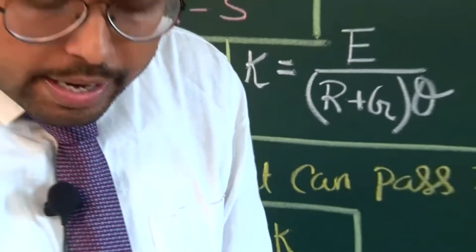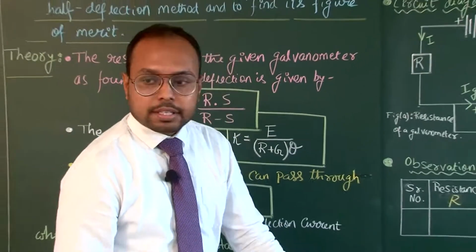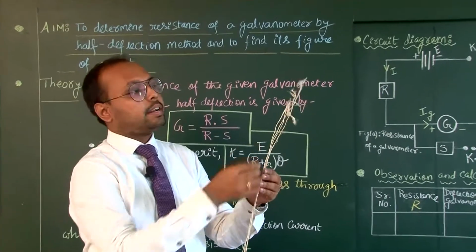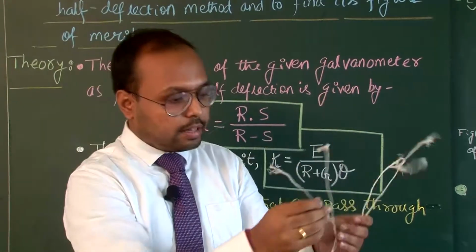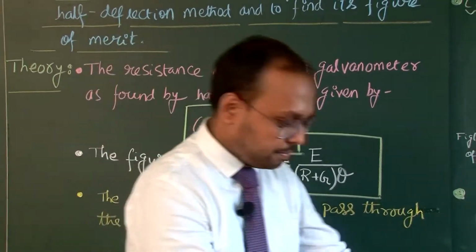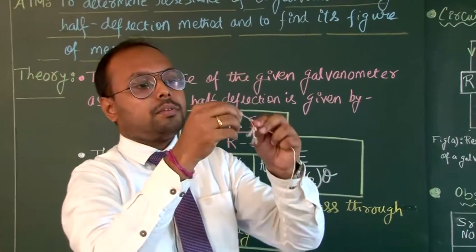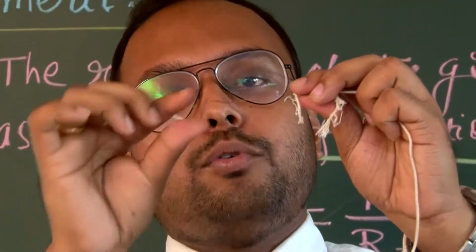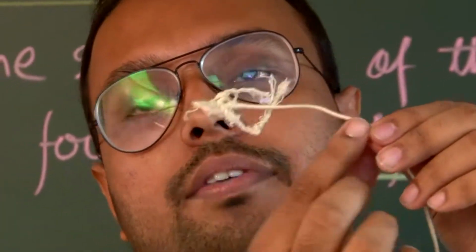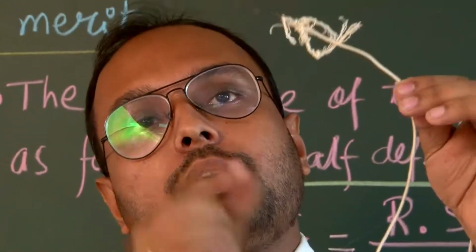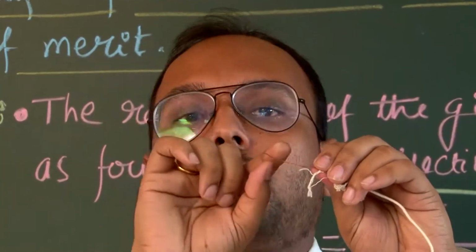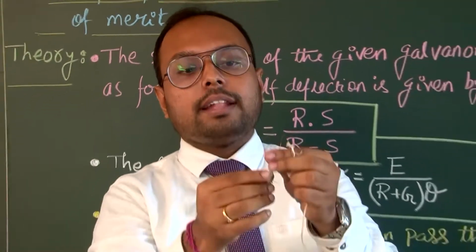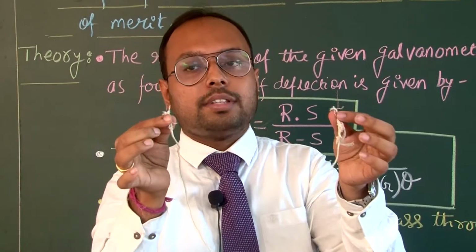Now, some wires are also needed, like this copper wire, with which we will be connecting the circuit. If I take out one particular copper wire, and open this cover, this particular portion I have to connect. This is the coating given, this is the cover, making an insulating cover. If I open this point, I will be connecting it on any terminal, like positive terminal, negative terminal. Similarly, on this side, you have to open the cover and then connect. This is the copper wire which you will be connecting. So, these are the required elements.